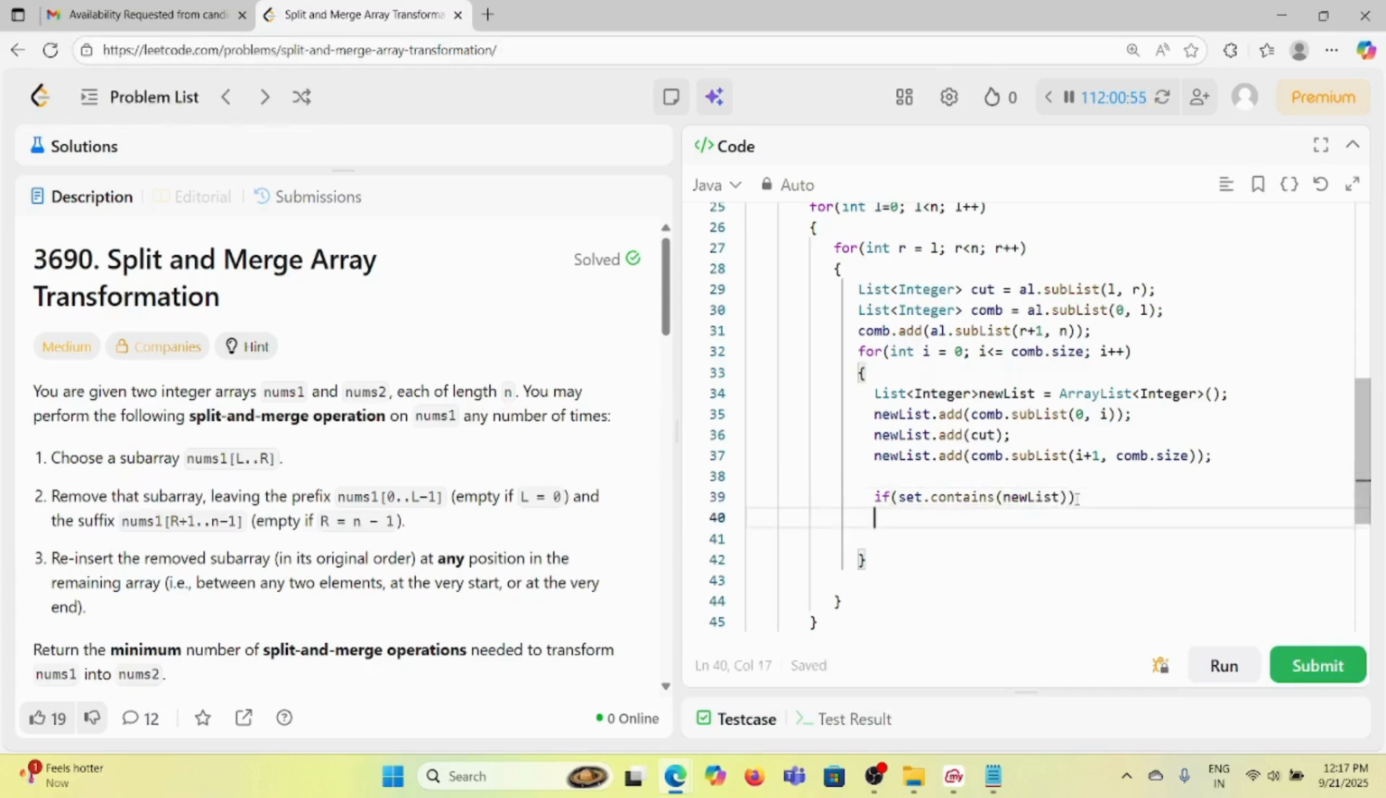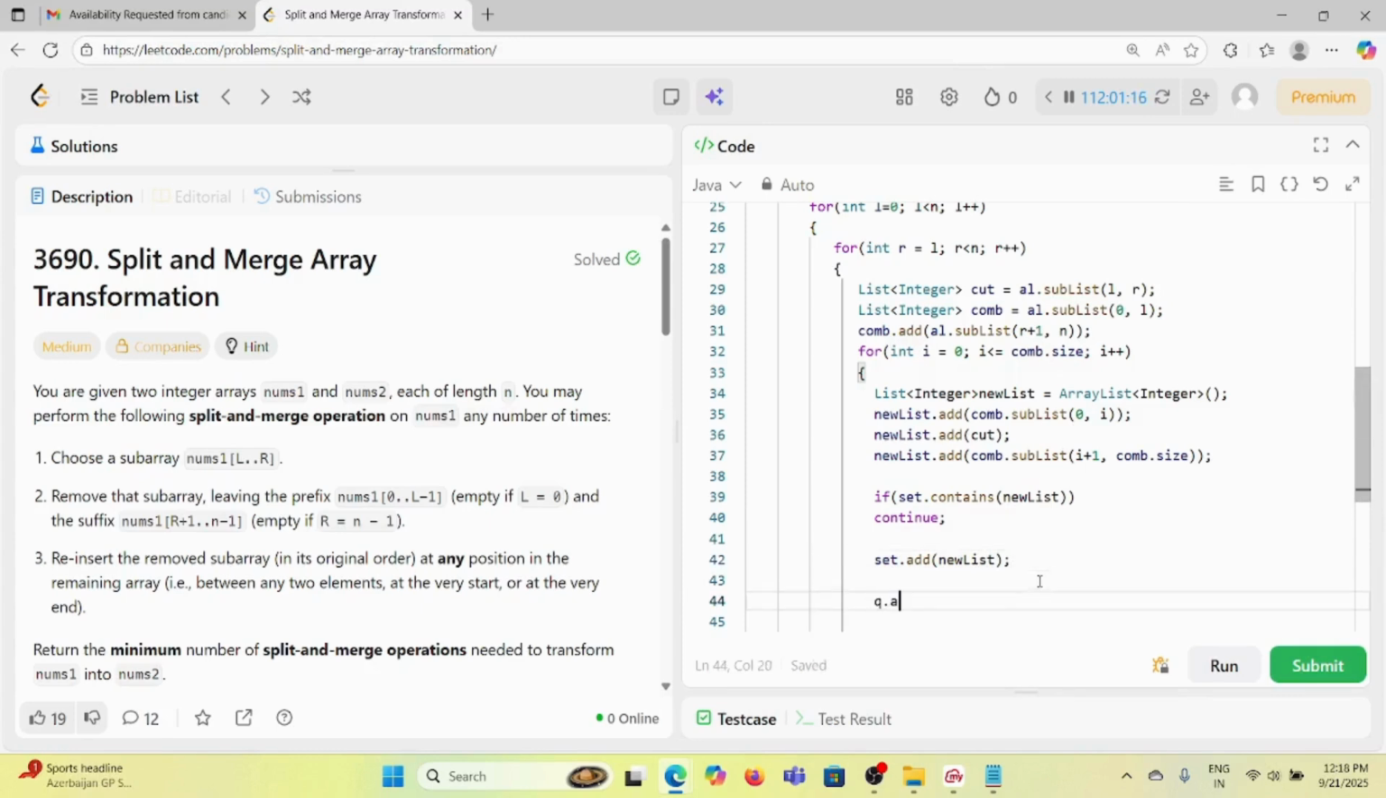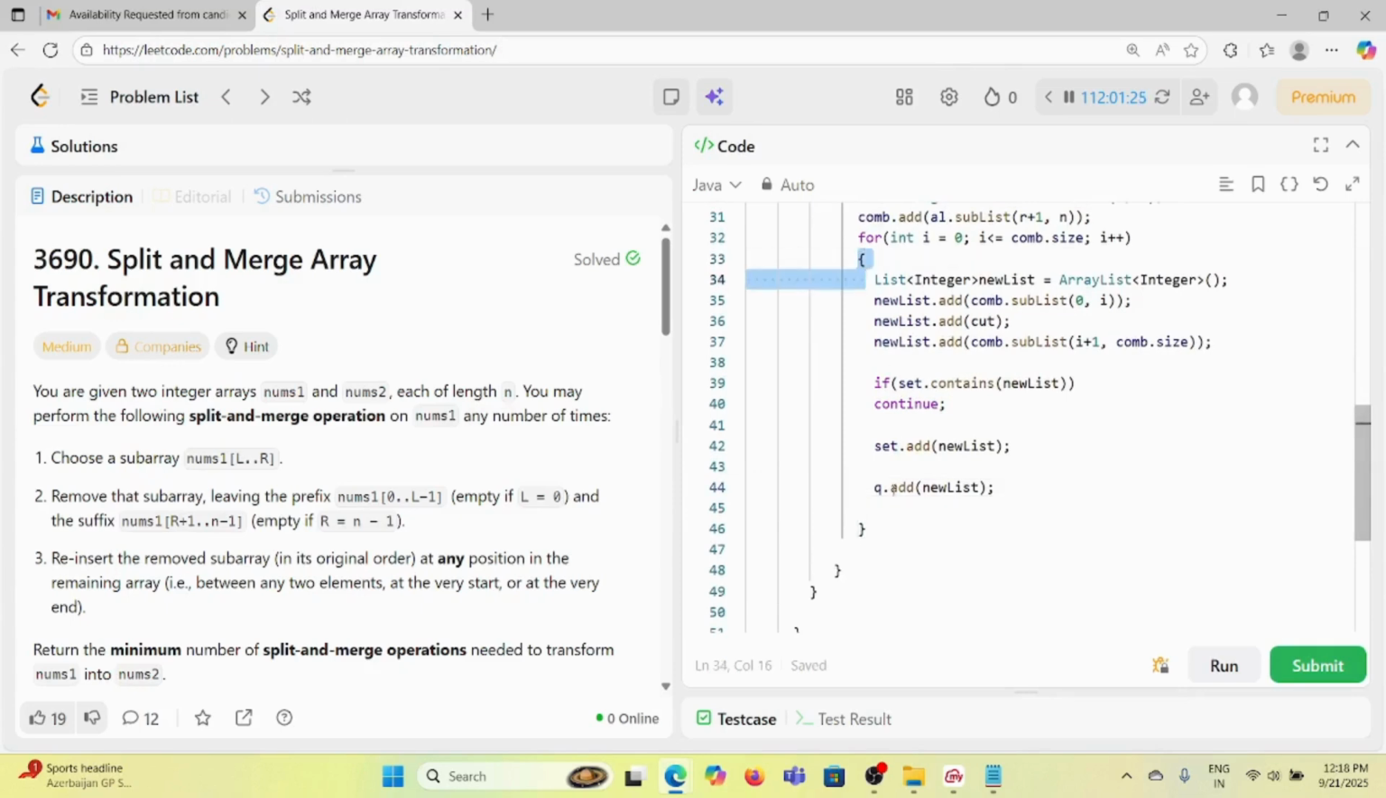because we don't want to do unnecessary recomputation which is already processed, right? So in this case we are making continue. Otherwise, if it is not seen, then we are doing set.add, whatever new list we have found, we are adding it into this set, and then we would be adding it into the queue as well, right? So queue.add(new list). So we are adding all of them here, and once we come out of this for loop,